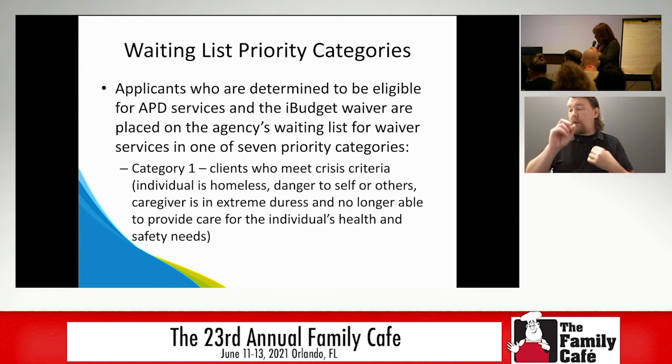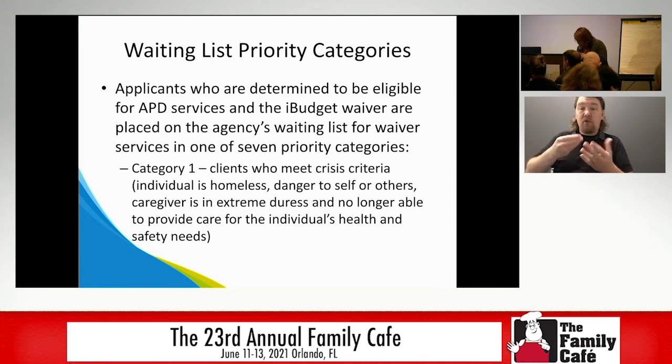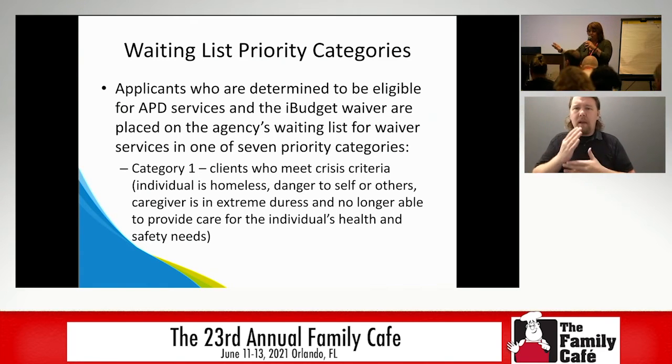Okay, so this is where we get to the waiting list priority categories. You may have heard that we have 7 priority categories, and you probably heard earlier that individuals in categories 1 through 5 are going to be served this year with the extra money we received from the legislature. So let's go through what these categories mean and why some are being highlighted to receive a spot on the